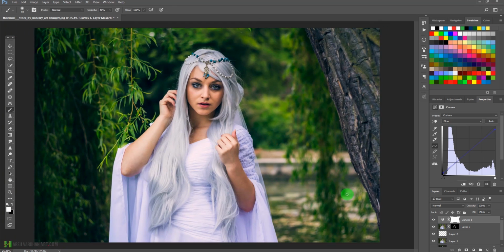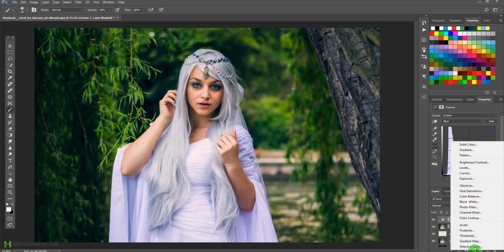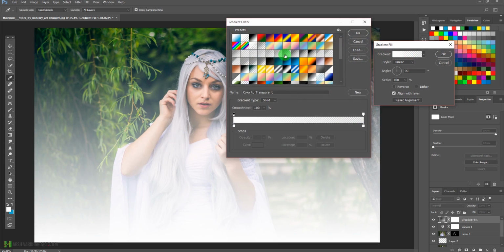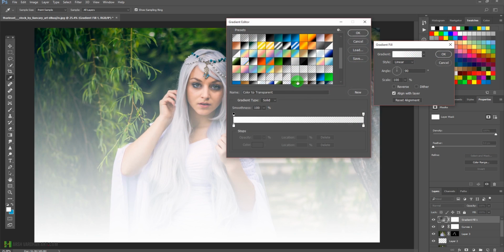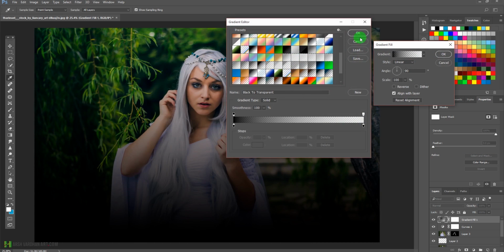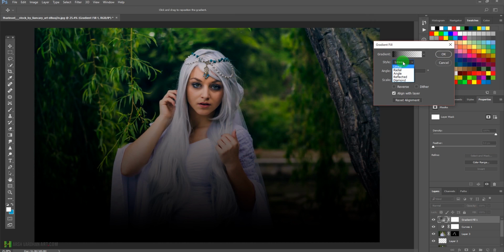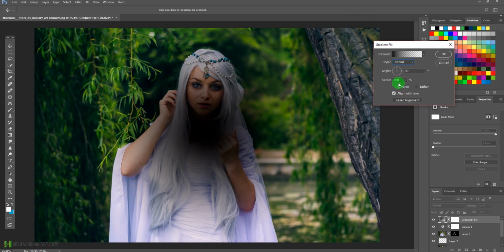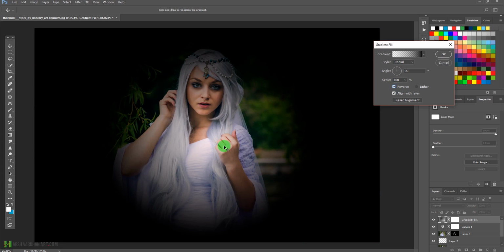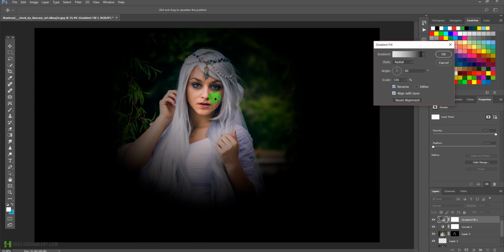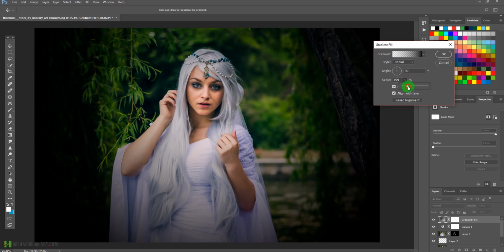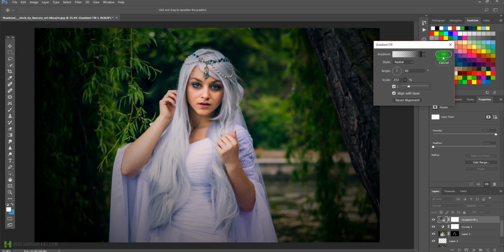And let's add one little bit vignette effect to this image. So we'll click here, over here, and select gradient and click on this gradient editor, and we will select the black to transparent gradient. Press OK. Make sure you select the radial style and check this reverse option. Drag the focus on the face and click on the scale and increase the scale to something like this